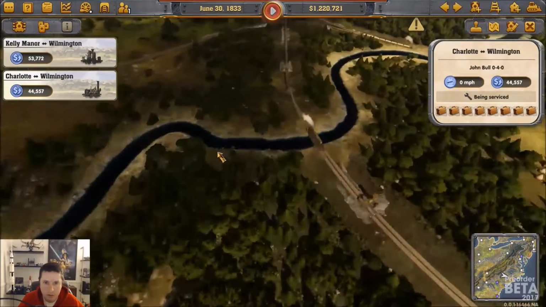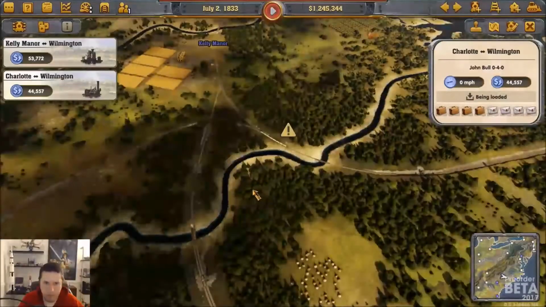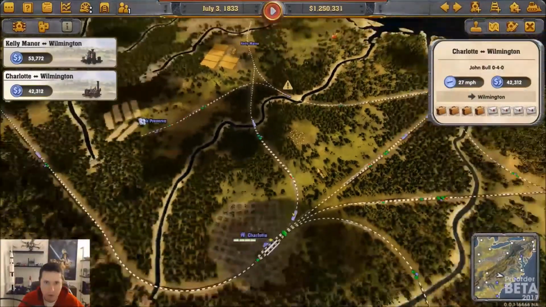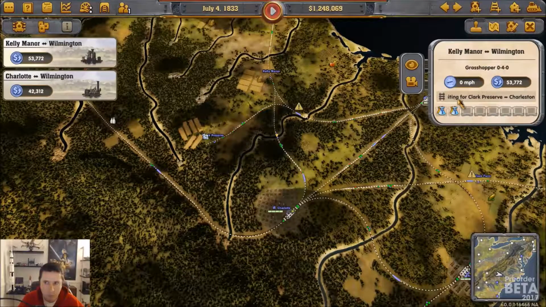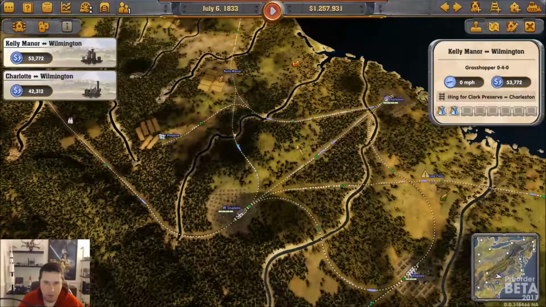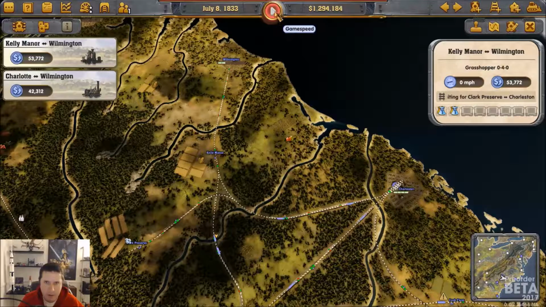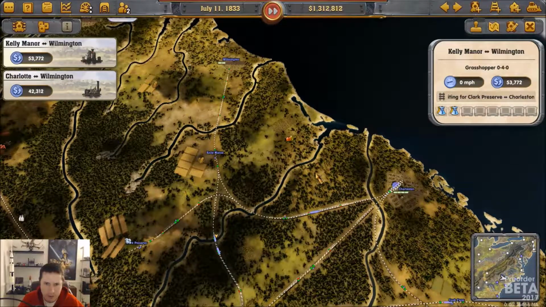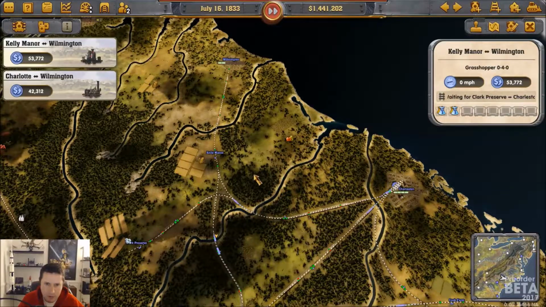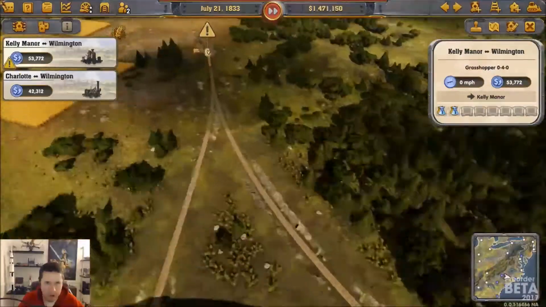What are you waiting for? Really, what is that one waiting for? I don't understand. Okay, so that guy's moving, and that one's waiting for Clark Preserve. Is that you? I don't know what it's waiting for. That's really weird. Let's let time go and see what it does. Is it really waiting for this guy to get... Oh, I think it is. Well, that's obnoxious. Really? That's all the same block. Interesting. Okay. So in that case then, let's...